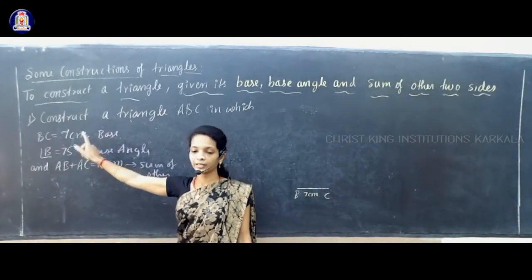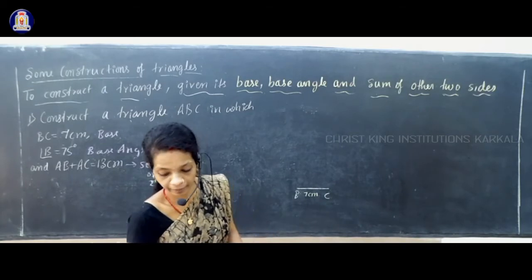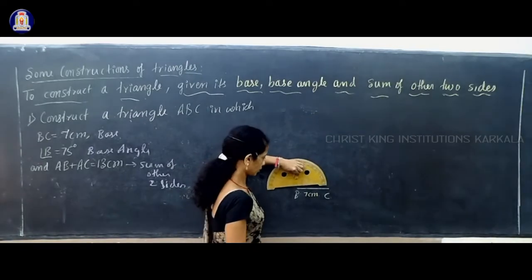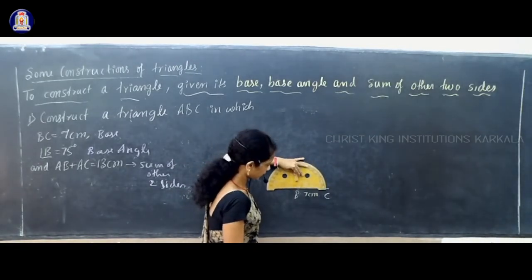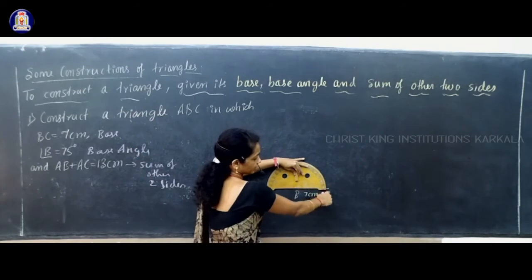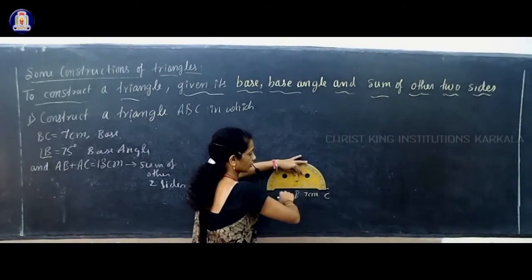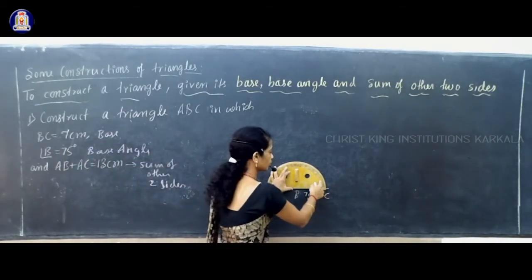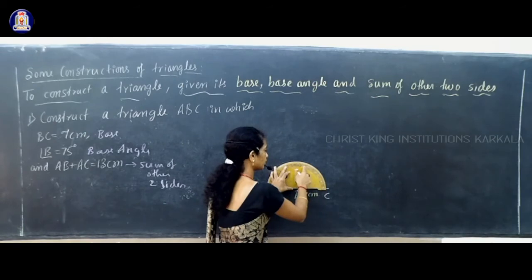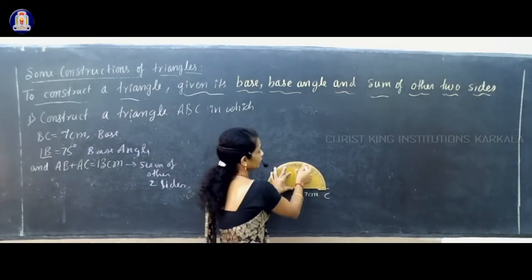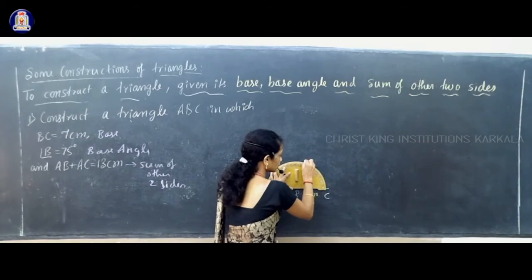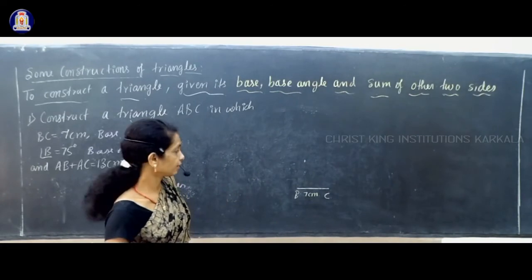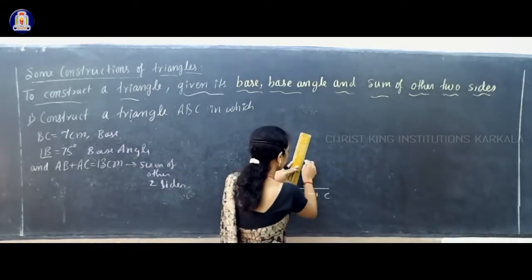Next, the 75 degree angle you are given is angle B. So now you have to keep the middle point of the protractor at B, and the zero of the protractor must be on this line BC. How many degrees do you have to mark? 75 degrees. 0, 10, 20, 30, 40, 50, 60, 70, 75 degrees. Exactly in between 70 and 80, you have 75 degrees. So mark 75 degrees